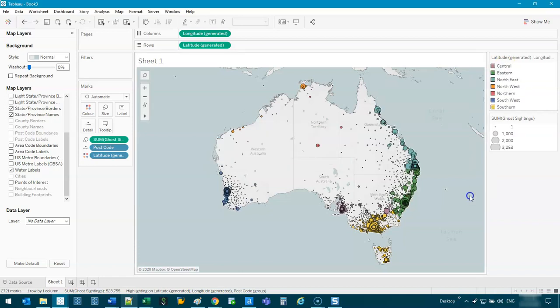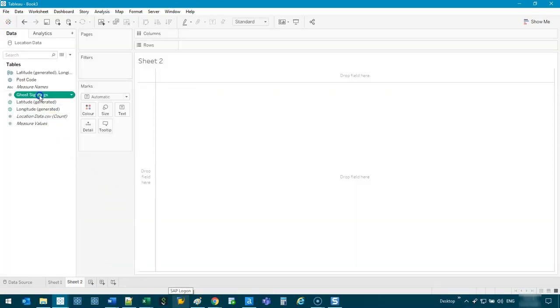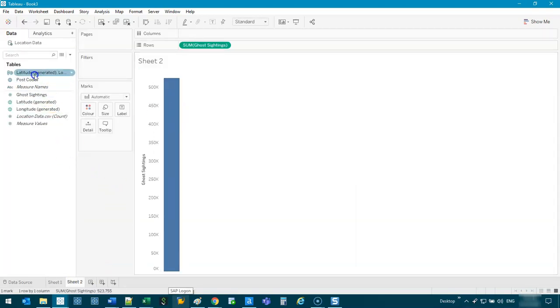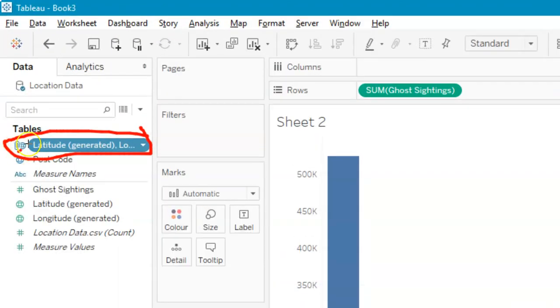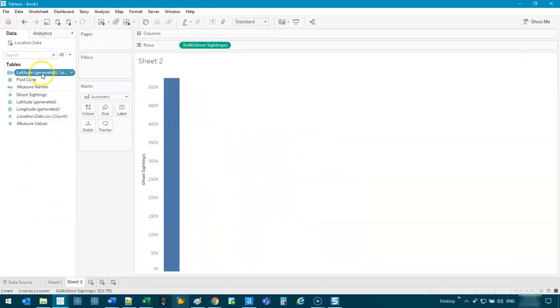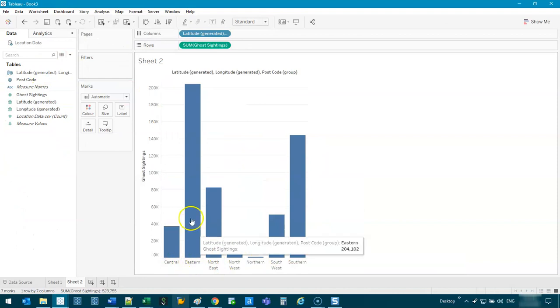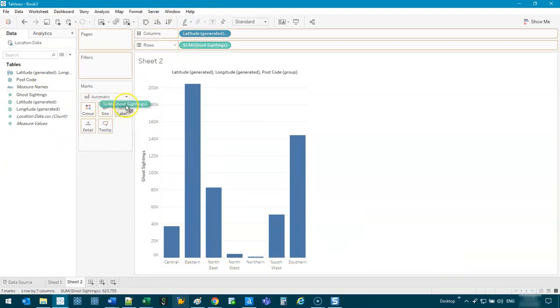All right, great. So we have colors, but you could do more with this now. So let's say I do another sheet and I do the number of ghost sightings. Great. I can actually use that group, which is now a brand new field. If I zoom in here, it's got the paperclip and the globe, which means it's a grouped geographical data set now that we've introduced. And I can split this up. So now I can see the count by